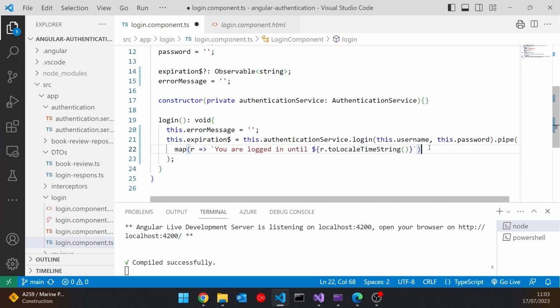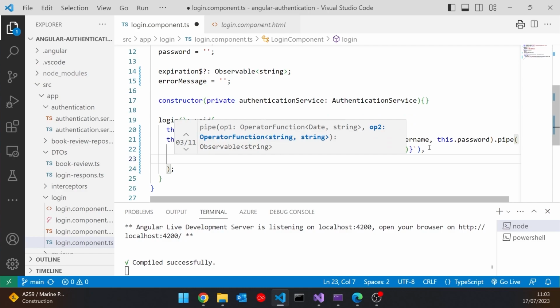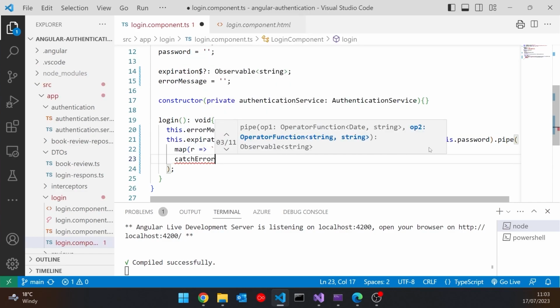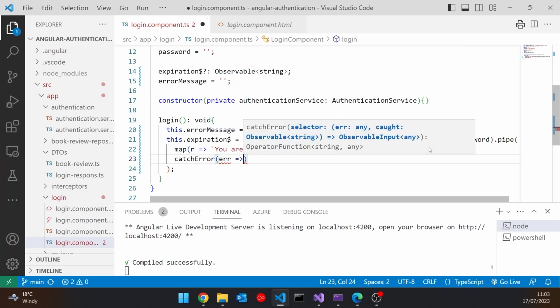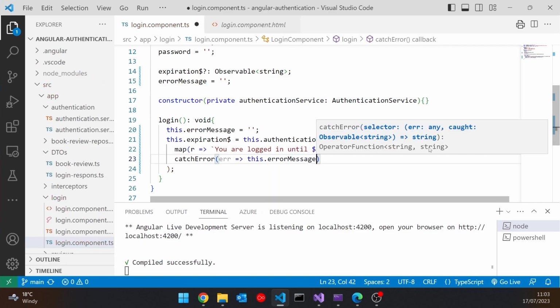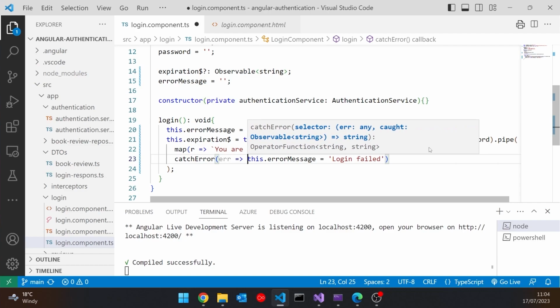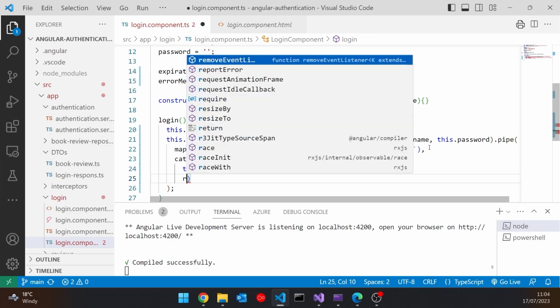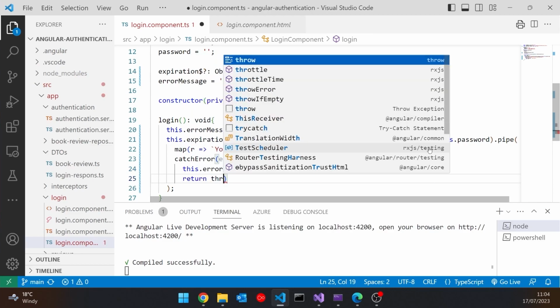And then let's actually put in the error checking. So we're going to say catchError, so another operator that goes in the pipe, and then gives, and then this.errorMessage. So the error message we set up there, and then we're going to just give it simply "login failed", so no information other than it failed. And that actually needs to be in a code block, because we're also on the end of that, we've got to say return throwError.